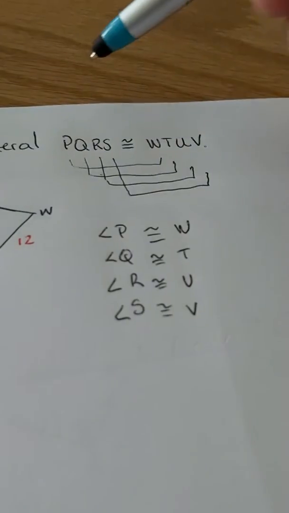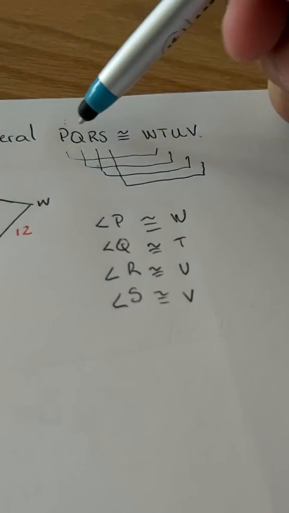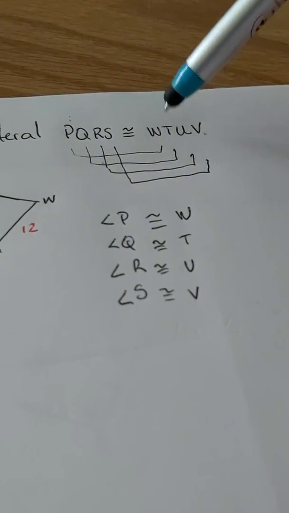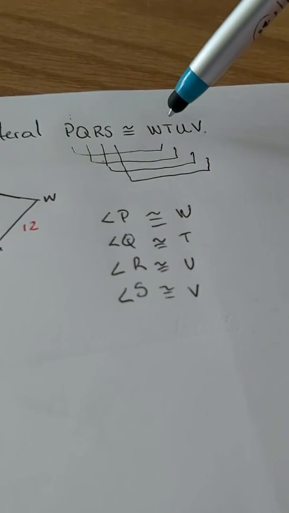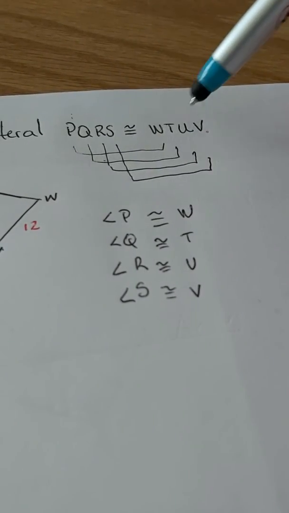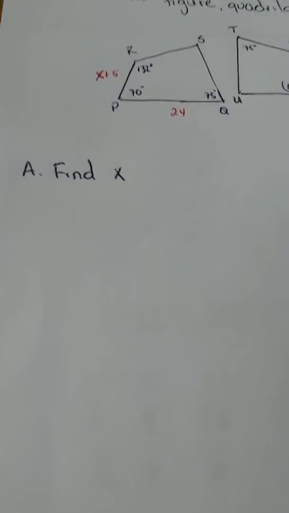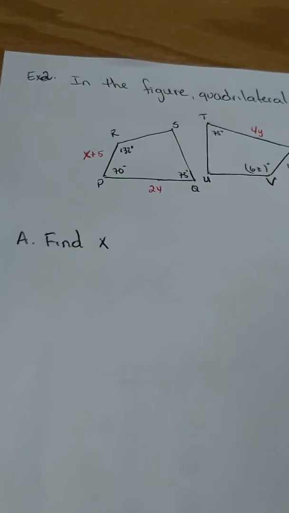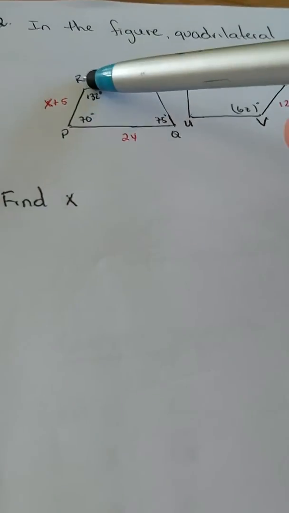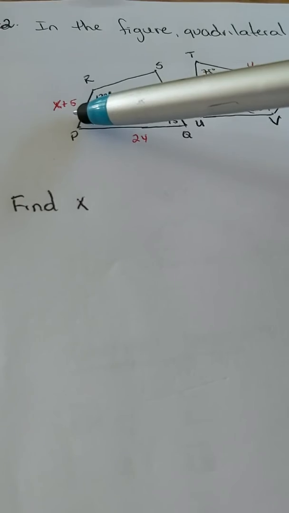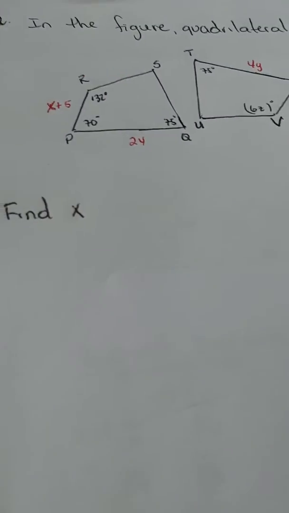And we know that side PQ is congruent with WT, QR with TU, RS with UV, and PS with WV. So part A says find X. Notice, we have X here. X is located at side